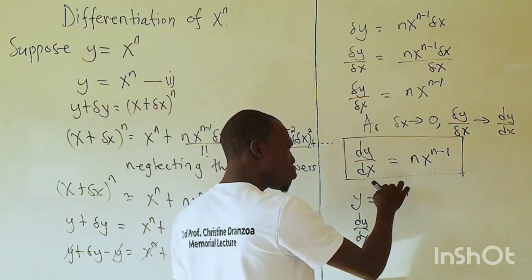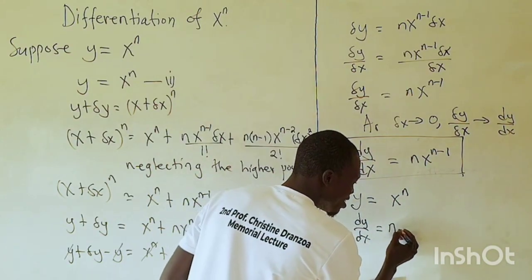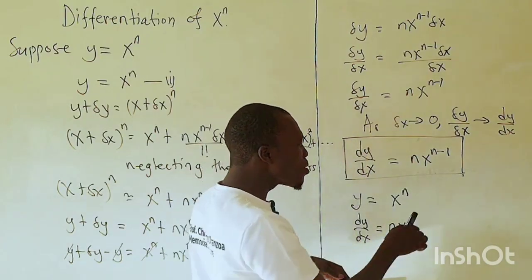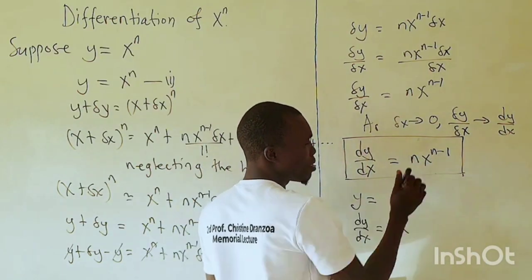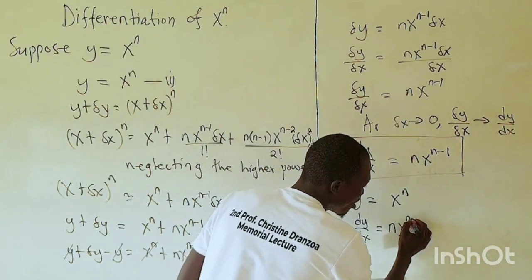So we have n, then x, and the power we reduce by 1. So it will be n minus